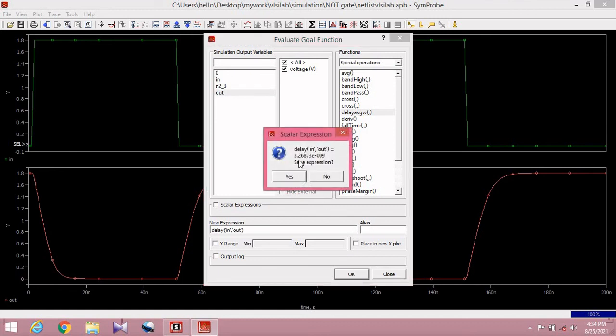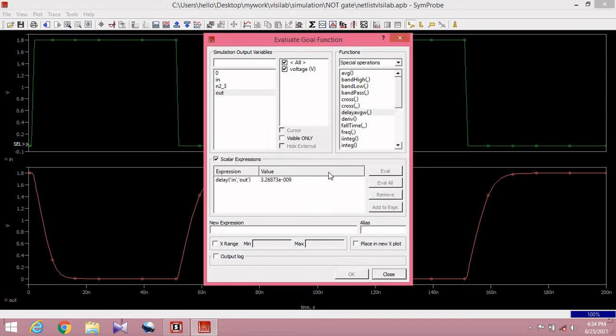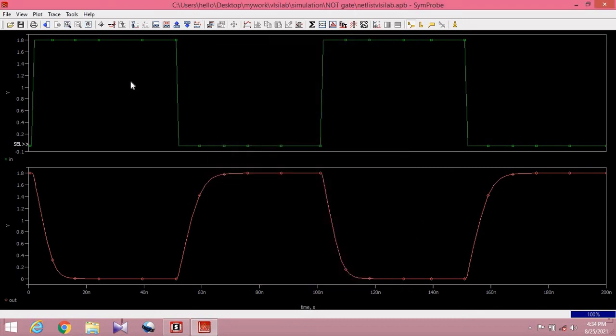So here we get 3.26873 e to the power minus 9. Yes. So we got the delay of this inverter. So in this way we can design and simulate the CMOS inverter.